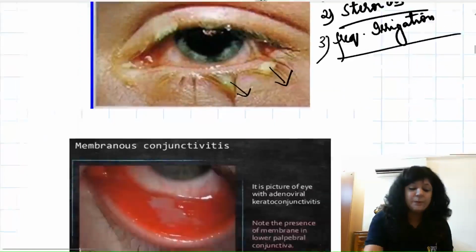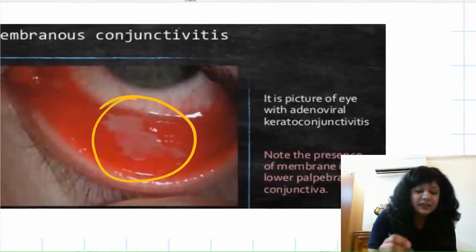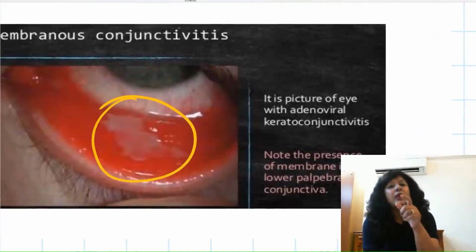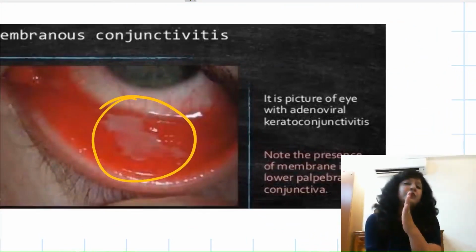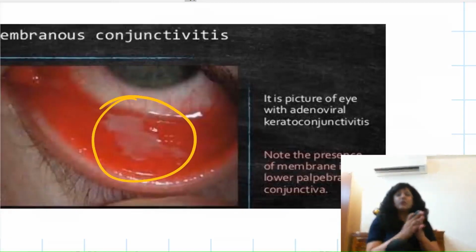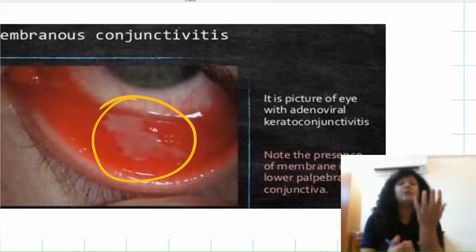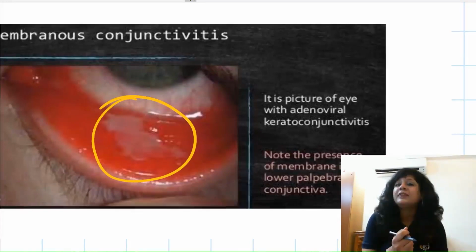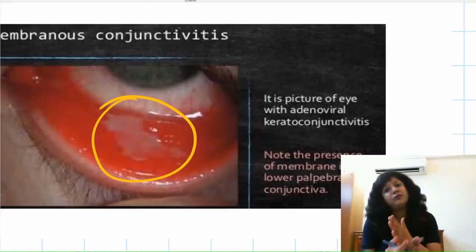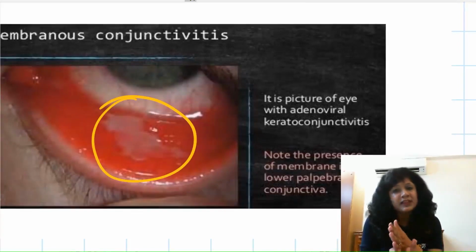Then next is the acute membranous. Now look at here. This is actually the membranous conjunctivitis. Can you see a membrane here? Now just looking at the membrane, I cannot say whether it is a true membranous conjunctivitis or it is a false membranous conjunctivitis. So they have to tell you this in the question itself, that whether bleeding is present or not. If the bleeding is present, that means membrane was densely adherent, and that means it's a true membranous. If there is no bleeding, that means it was loosely attached, and loosely attached means false membranous.